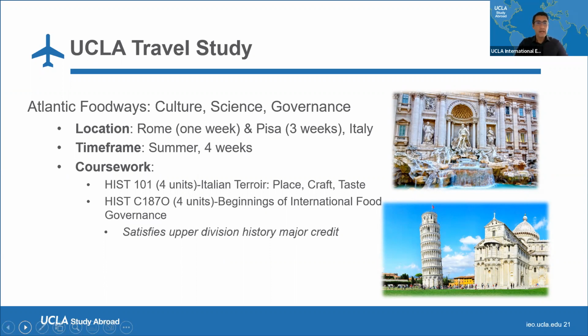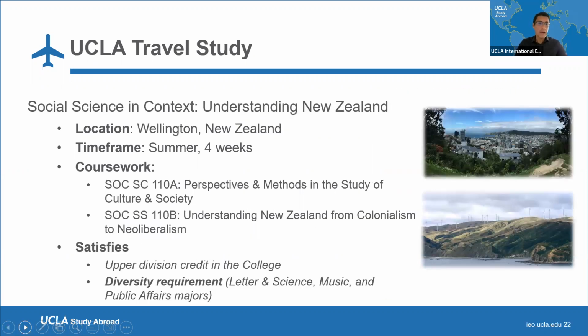And again, if you're looking for upper division courses to fulfill your major requirements, maybe allied fields, take this one into consideration for travel study. The other one that I do want to highlight is in New Zealand, and this one satisfies the diversity requirement. This one is basically upper division sociology, 4 weeks during the summer. So again, another great summer travel study program with UCLA professors, and mostly UCLA students go on this program. Again, this is open to anybody in the United States, as long as they're 18 and over.